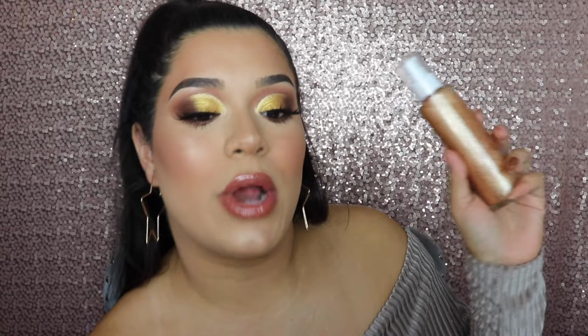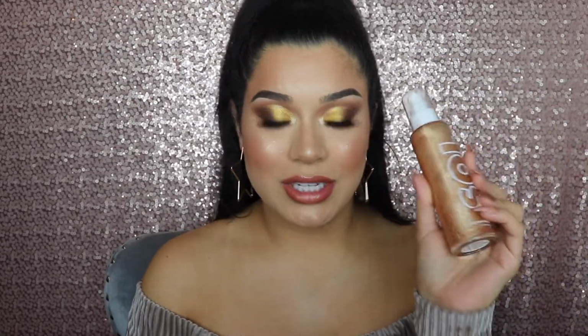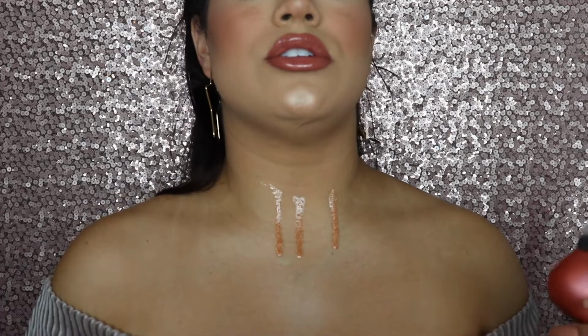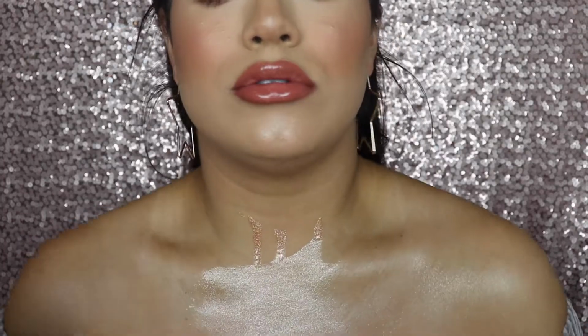Ooh, okay. And the other one is a spray. This one actually comes in a pump. Soul, by the way, is sister brand to Colourpop. Soul does have their own spongy thing, but I'm actually going to use it with my Real Techniques 212 brush. This is just a really large body brush. So I'm going to show you guys my shoulder. I actually thought it was going to be running faster than that, so it's not terrible, but